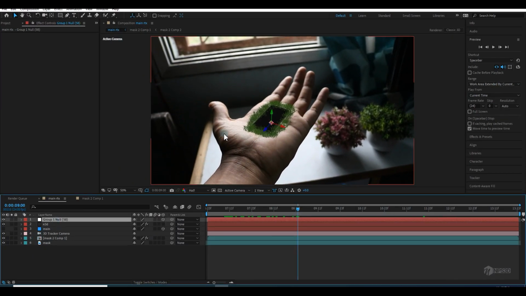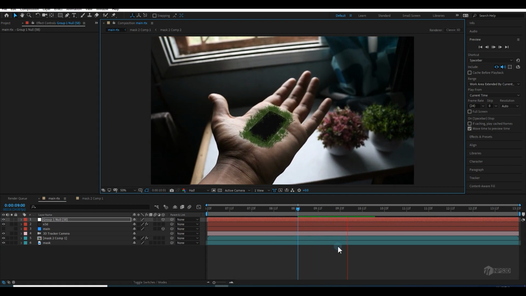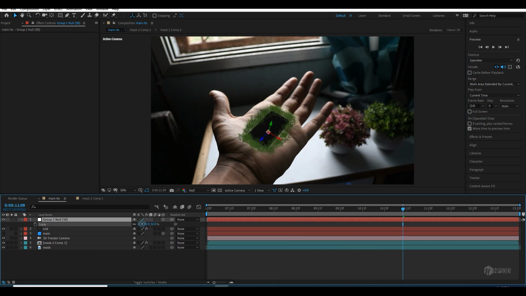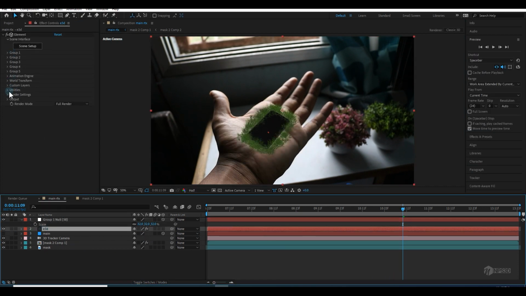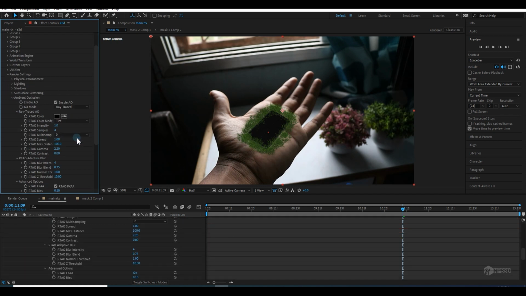Let me go to the group 1 and move it a little bit here, slide it a little bit here. Now let me increase the size. Perfect. Go to the Element 3D, go to the render settings, go to the ambient occlusion and enable it. Make sure this is ray traced.